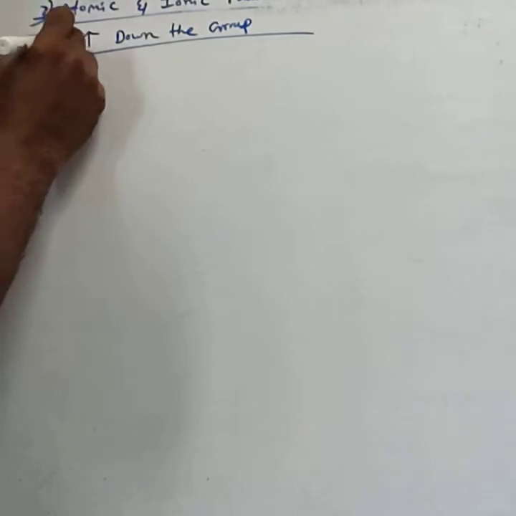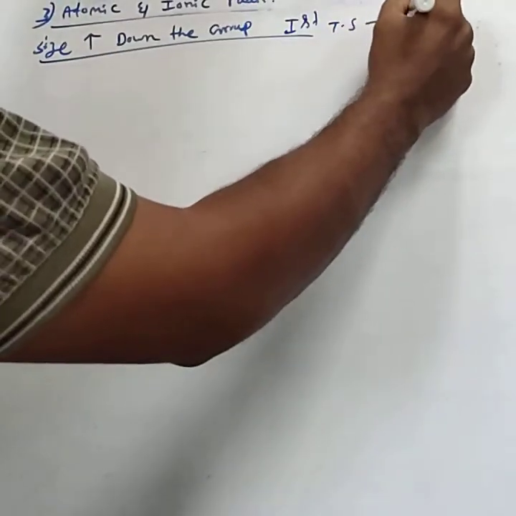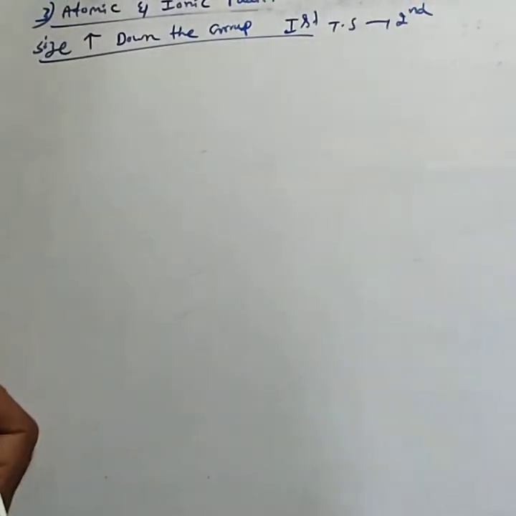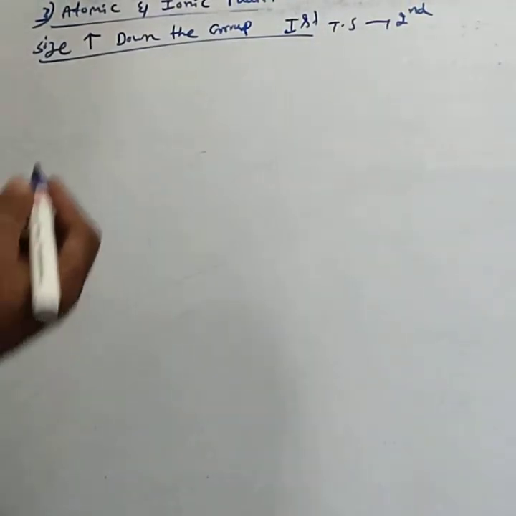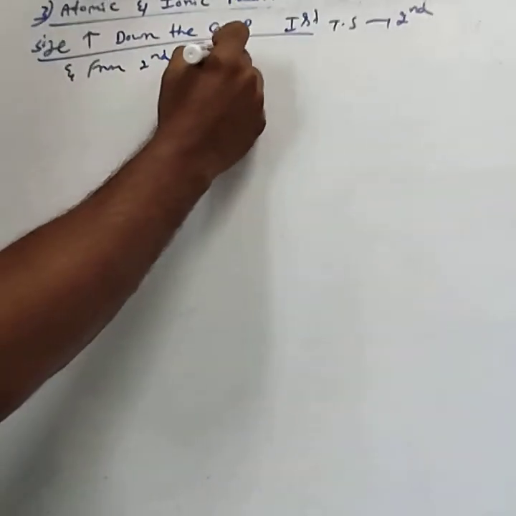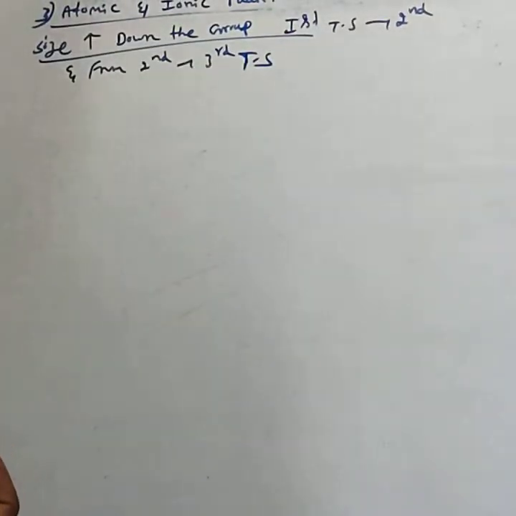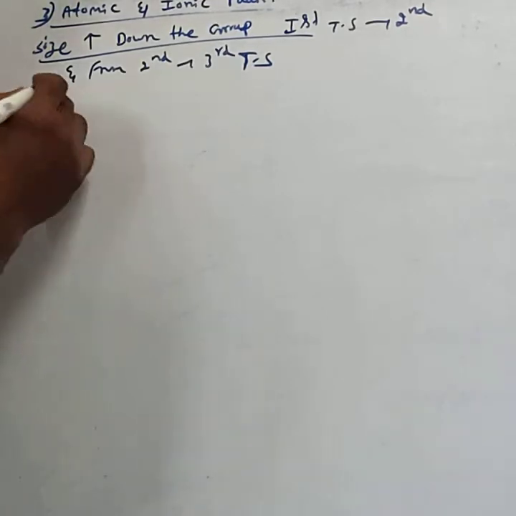Atomic and ionic radii, or size, increase down the group from the first transition series to the second transition series, and from the second to the third transition series. But